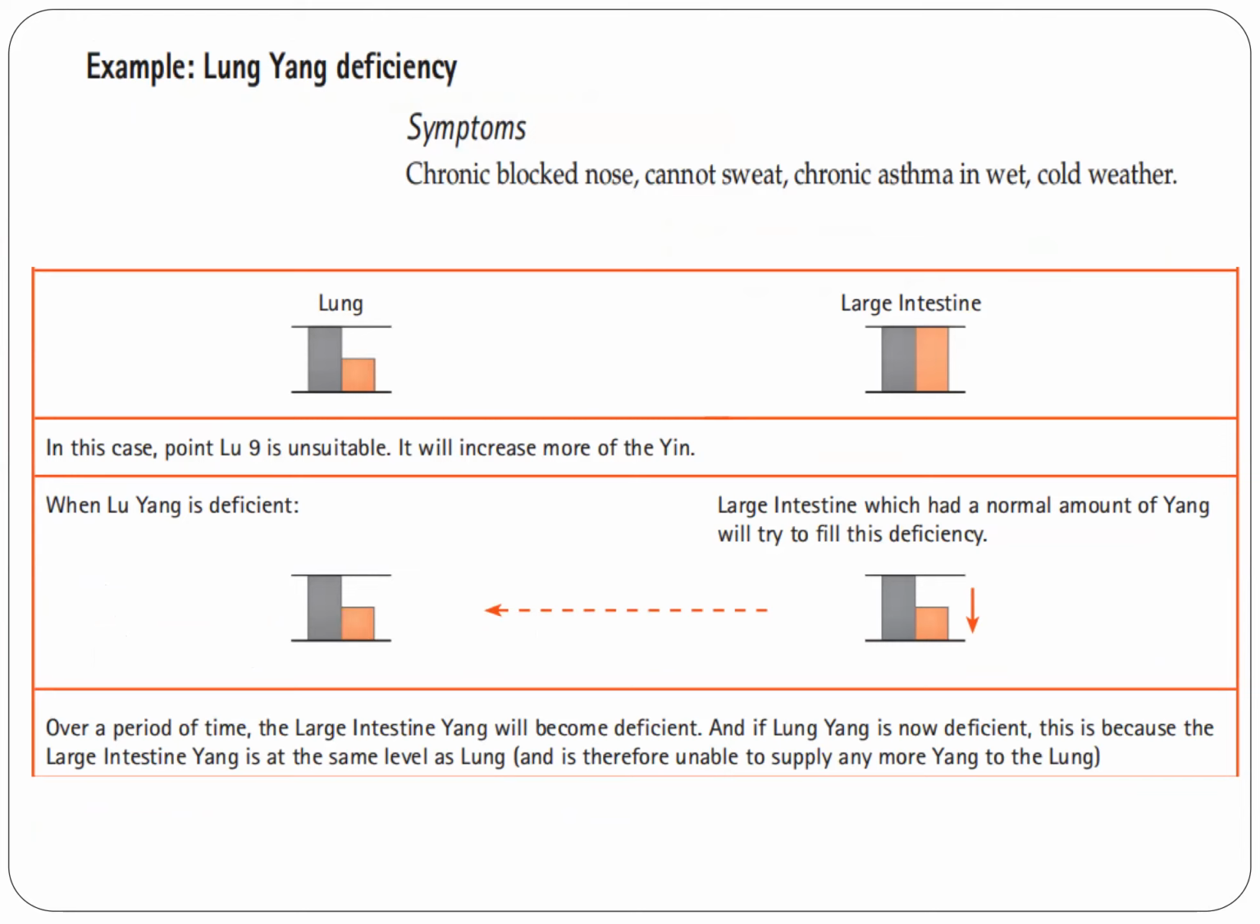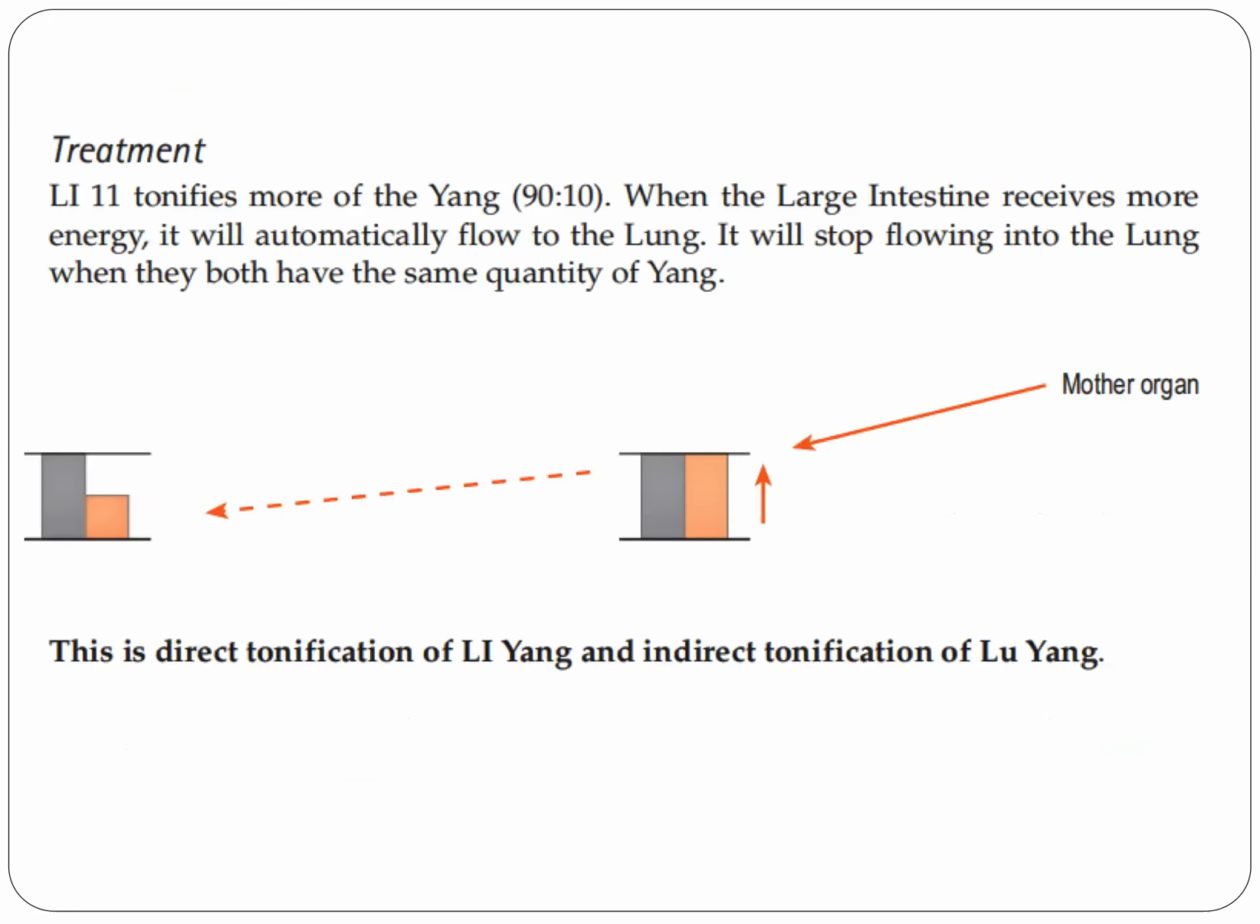So when lung yang is deficient, the large intestine, which had a normal amount of yang, will try to fill this deficiency. So over a period of time, if the large intestine yang keeps trying to fill this deficiency, then in the long run, the large intestine yang will become deficient. And if lung yang is now deficient, it is because the large intestine yang is at the same level as the lung and is therefore unable to supply any more yang to the lung. So treatment,